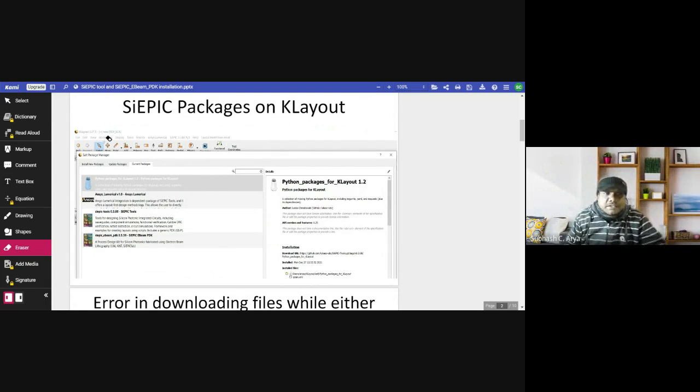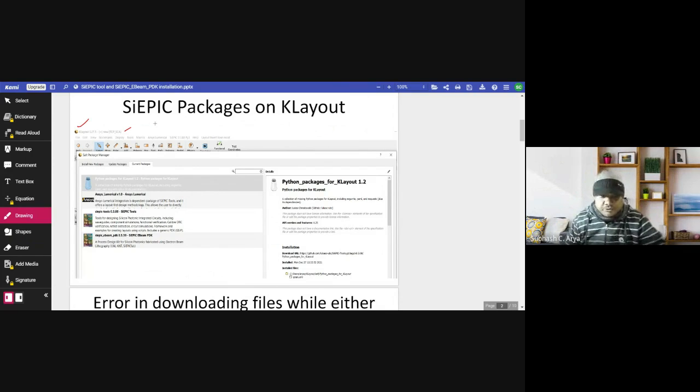So here you can see I have installed the KLayout 0.27.5.